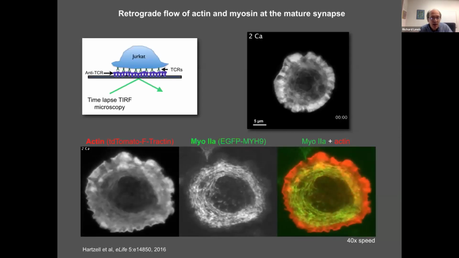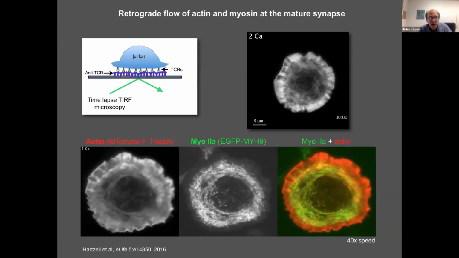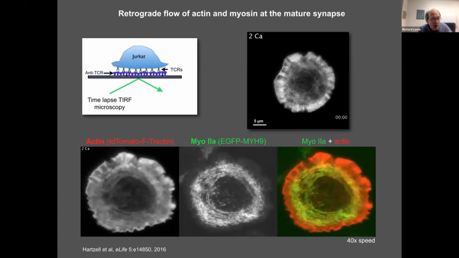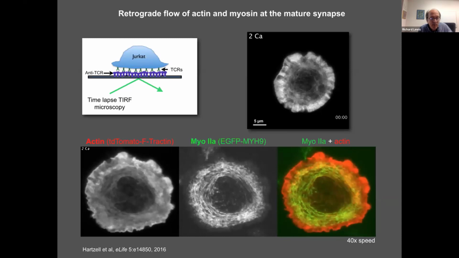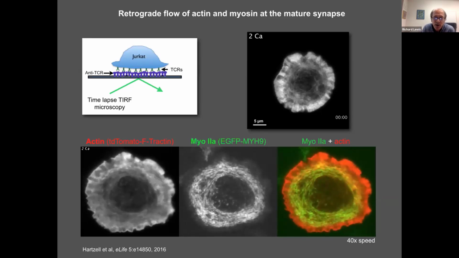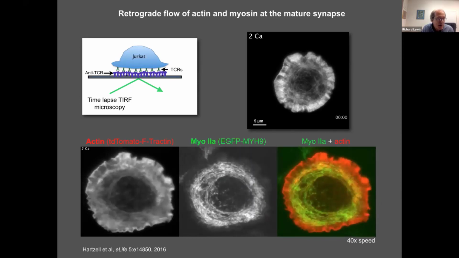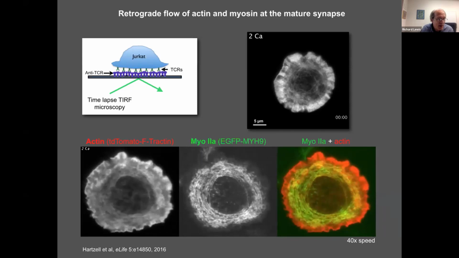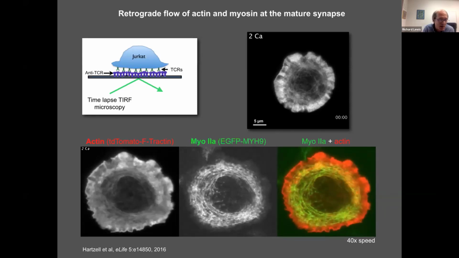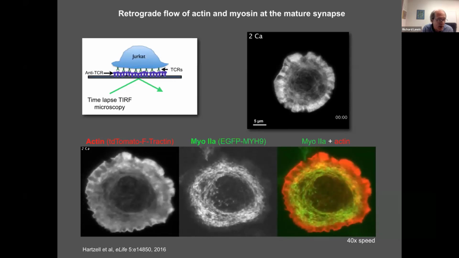This movement can be visualized by TIRF in an artificial system of plating Jurkat cells on an anti-CD3 coated coverslip. And you can see the organization and movement of actin on the left, myosin in the middle. This is the treadmilling and concentric constriction of the actin-myosin arcs towards the center of the synapse. And it turns out that this is what's driving the TCR microclusters towards the center. And the surprise is that the CRAC channels are essential to keep all this going.